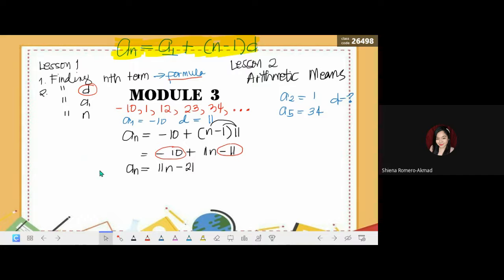Okay, kunwari, mag-solve lang tayo dito. Ay, ako na lang pala. Kasi malalaman ninyo. So, ano nga yung ano natin? Yung d natin is 11. Let's say I am going to look for a sub secret. First term is negative 10. Solve ko muna para